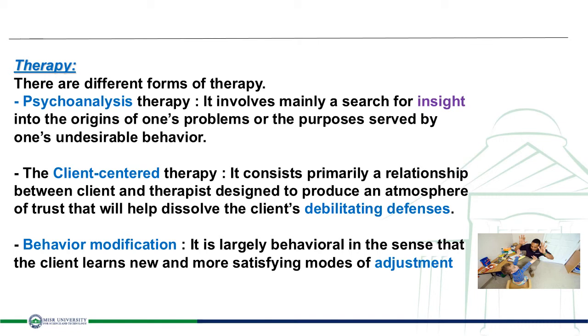So the main issue in this kind of therapy is the relationship and the atmosphere between the client, the patient, and the therapist. And the third form of therapy is referred to as behavioral therapy or behavior